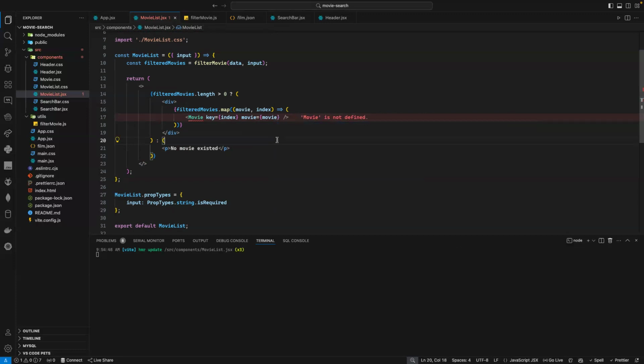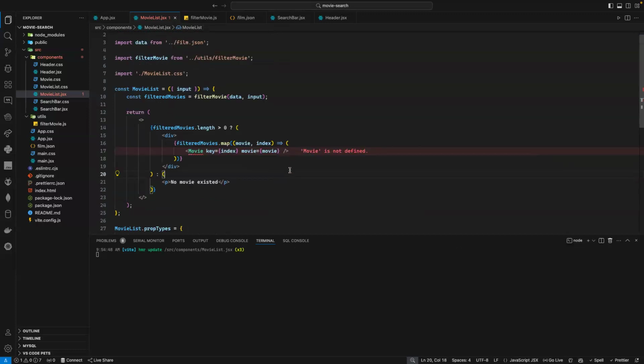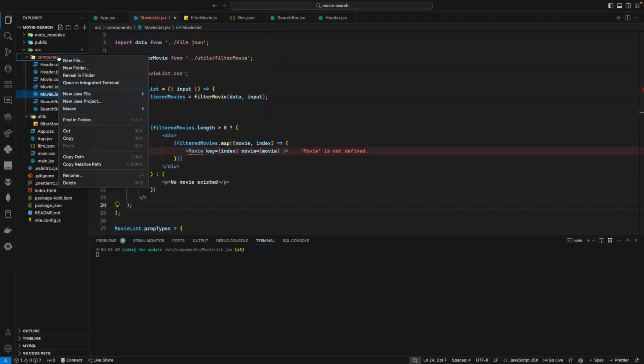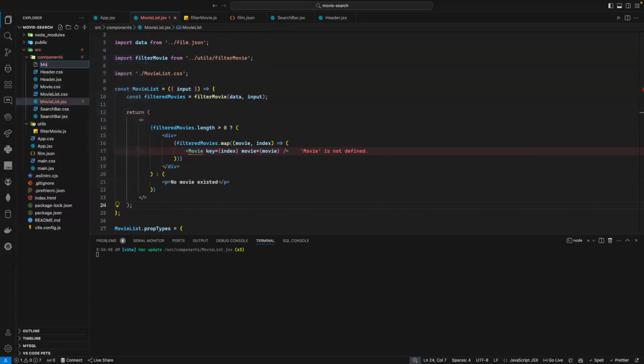Good. Any problem here, guys? No. Now I need to create my movie component because I don't have it. As you can see, it's telling me movie does not exist. So let's go inside here and let me create my movie